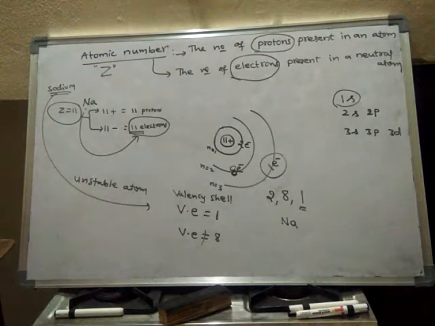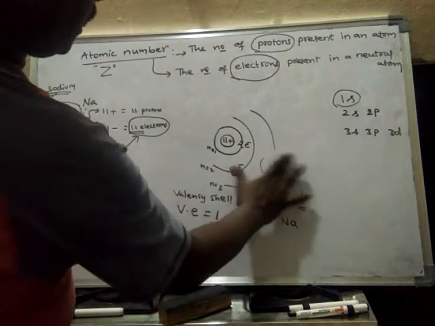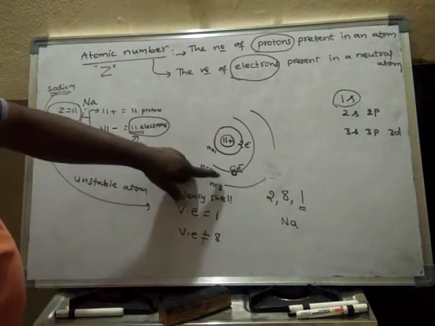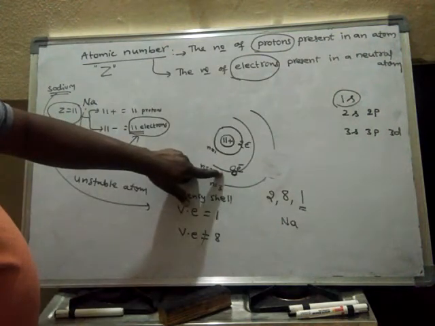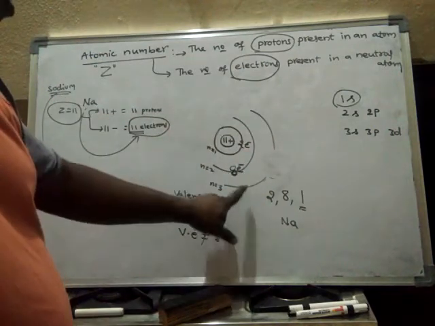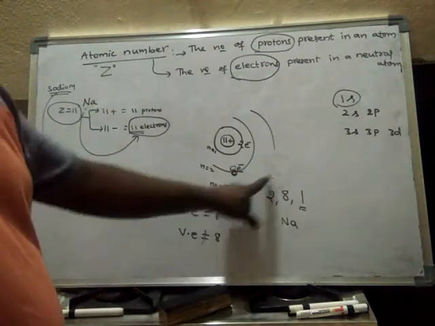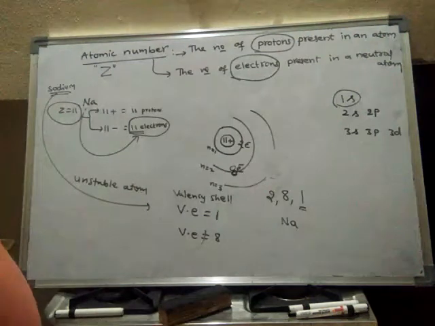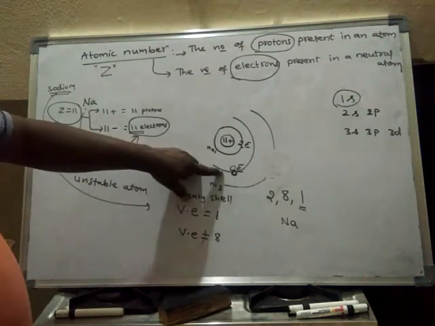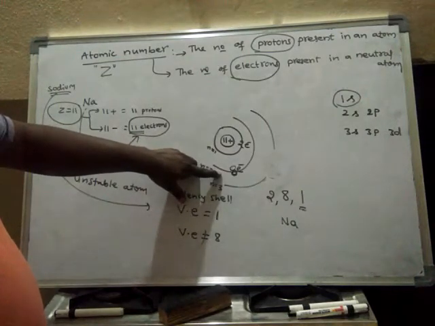How? Suppose this sodium atom loses this electron. Then this will become the outermost orbit, because there is no electron in this orbit. So now this is not treated as an orbit. After losing this electron, this is not considered an orbit. So now this is the orbit and this is also an orbit. How many orbits are there now after losing 1 electron? Only 2 orbits, and this is the outermost orbit.